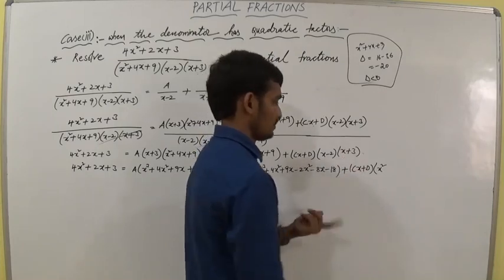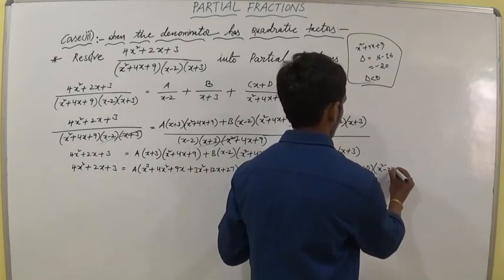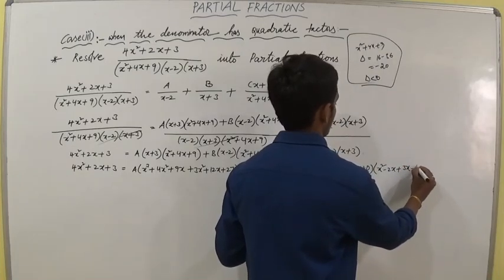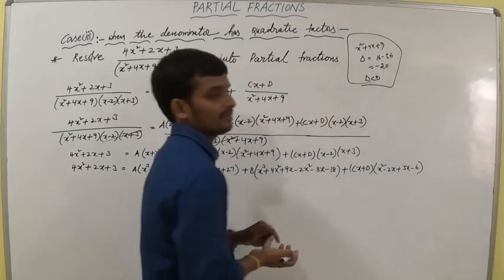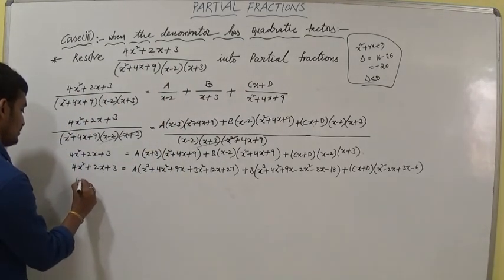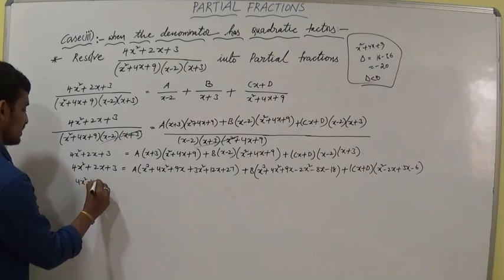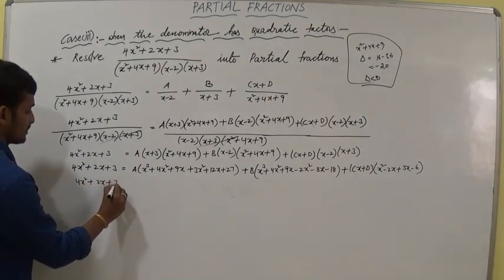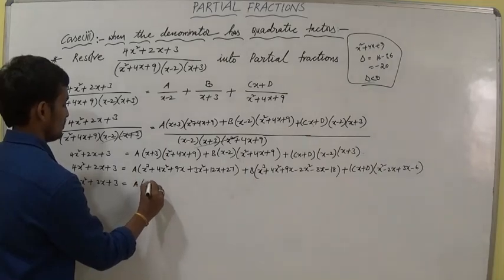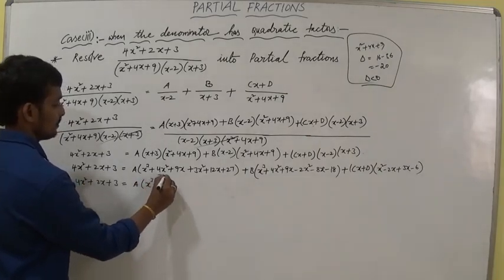That means x step, minus 2x plus 3x minus 6. Are you okay? We can see that. That means here 4x square plus 2x plus 3 is equal to A into x cube plus 4x square plus